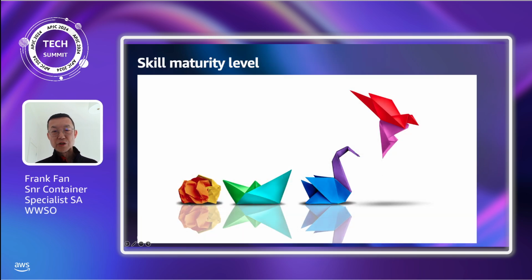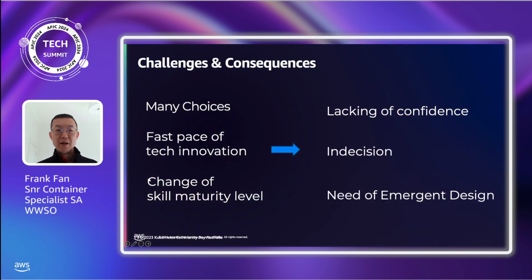The team skills changing as well. It's rapidly evolving because of your collective efforts in staying updated and attending conferences like today. The abundance of options and rapid innovation can lead to self-doubt about your decisions or slow your decision-making process. As your skill improve, you need to start designing things in more flexible and adaptable way.